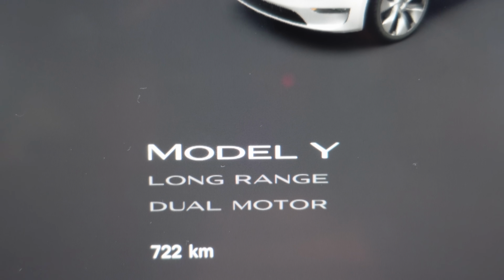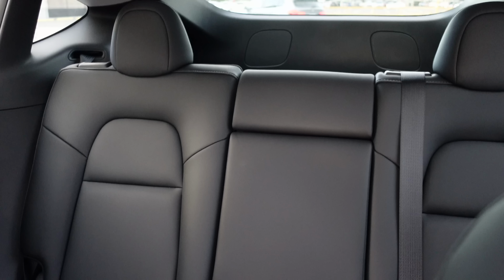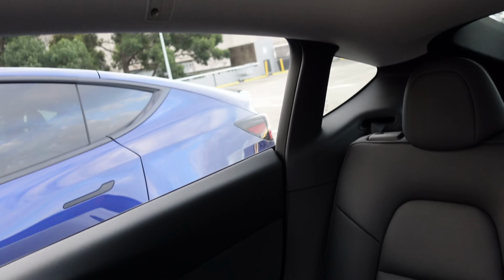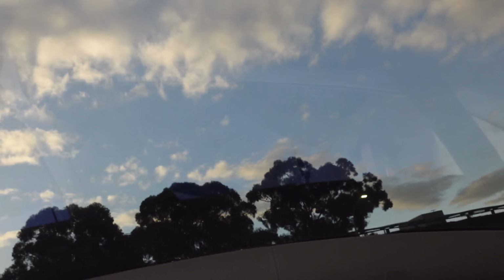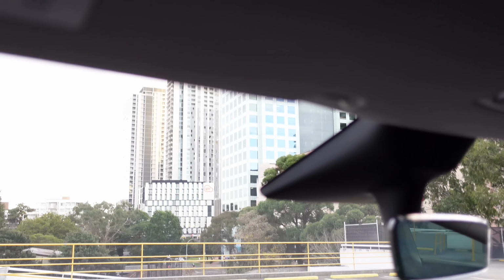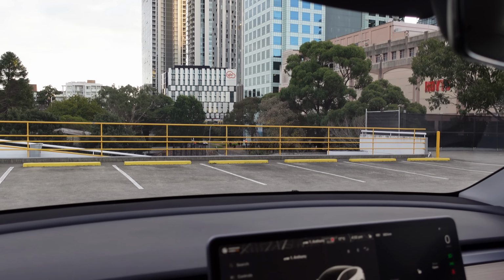There you go, long-range dual motor Model Y. And just panning around the second row and around the cabin, it looks pretty similar to the rear-wheel drive and performance vehicles, glass roof. So all in all, pretty similar in terms of the physical features. Of course, differences are within the acceleration and the range, and obviously the extra motor with the long range dual